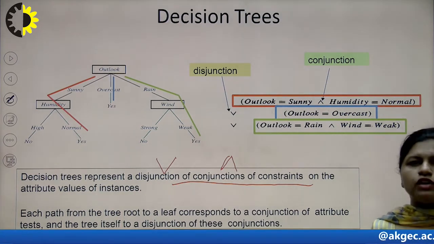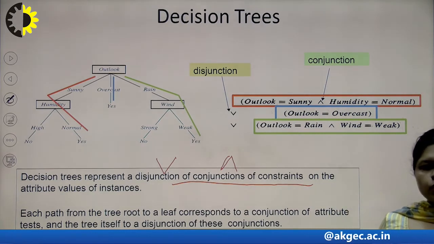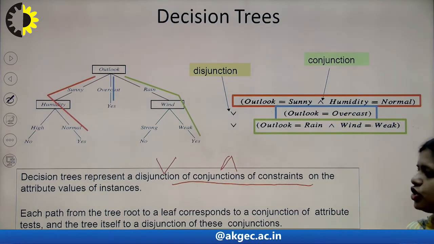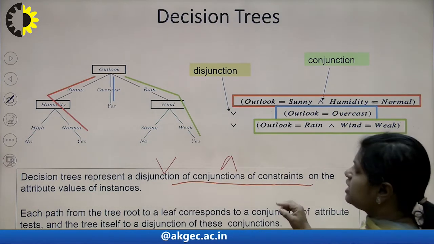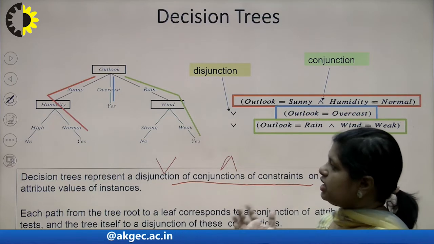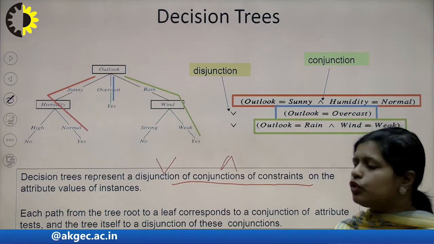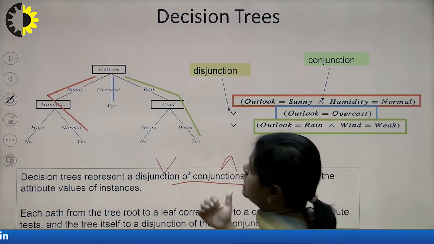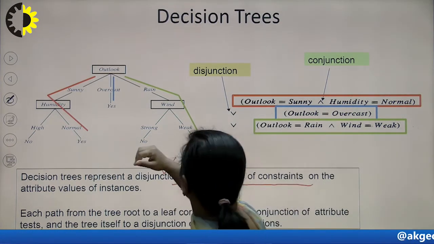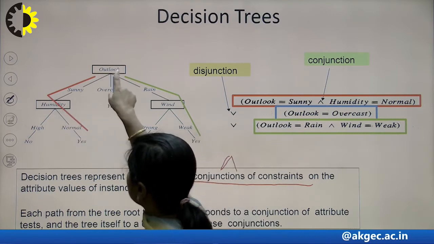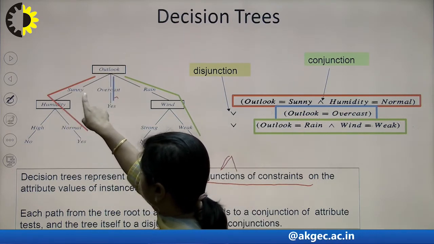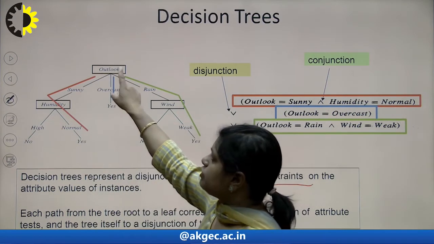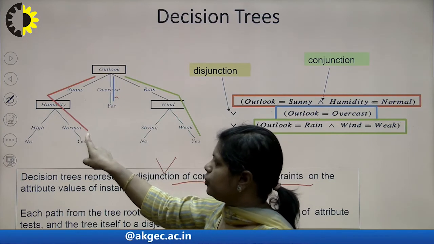Okay, so each path from the tree root to the leaf corresponds to a conjunction of attribute tests, and the tree itself to a disjunction of these conjunctions. So for this particular tree, if we need to find out the rules for the answer yes, what are the different combinations here? The first, from this particular path: if outlook equal to sunny and humidity equal to normal, then your answer